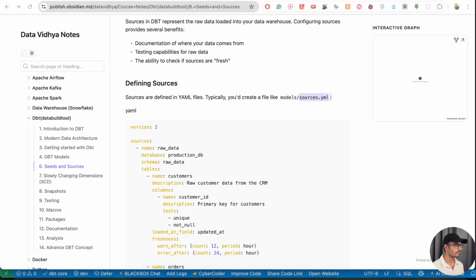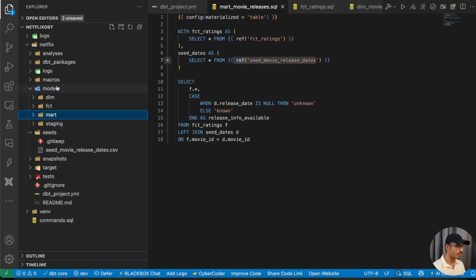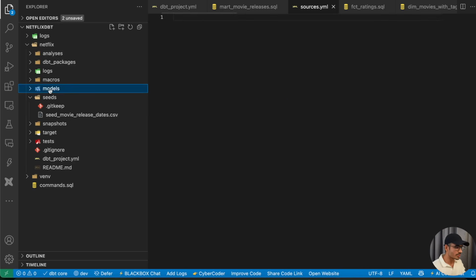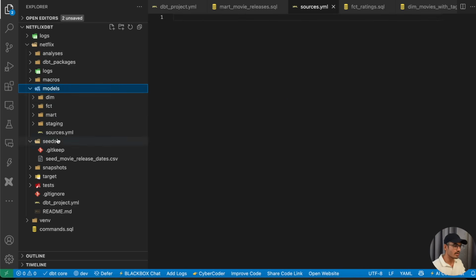There are two things, sources and the schema. So first we will look at the sources. Create a new file as sources.yaml inside the models. Inside the models, right click, new file, sources.yaml. Over here, just give version as 2, and now you can define different sources here. Basically, let's say name, in our case it is Netflix. Okay, schema,